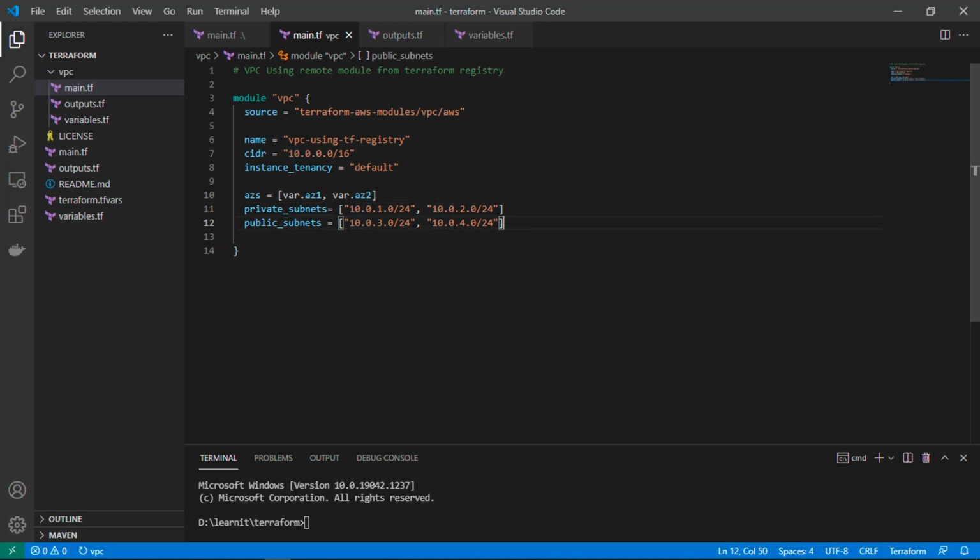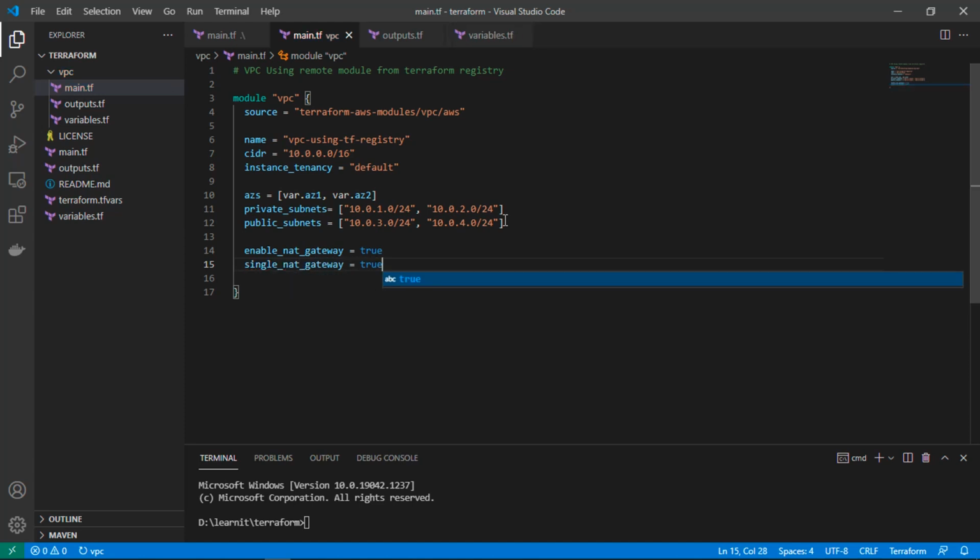Other than these attributes, we have to define some attributes for our NAT gateway, which is responsible for egress communication of our private subnet resources. So let's enable the NAT gateway for this VPC, and we have to use the enable_nat_gateway attribute, which accepts values of Boolean type. So we are enabling the NAT gateway here, and we also have to provide, if you want a single NAT gateway only, then we can provide single_nat_gateway